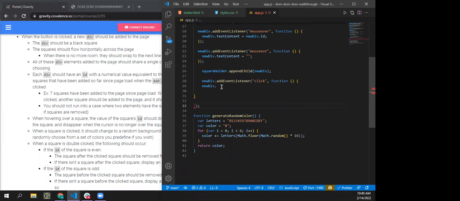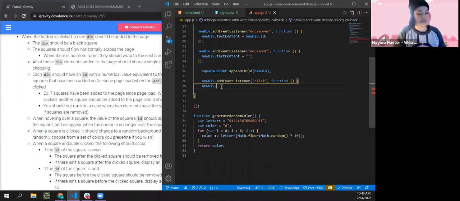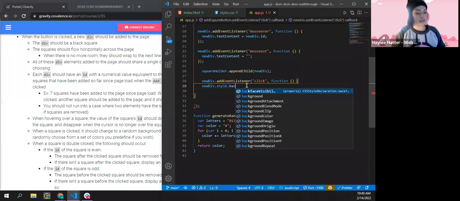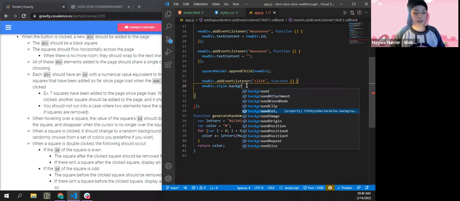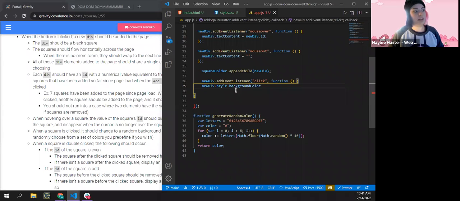I full screened my browser. Okay, so let's access the styling of the div straight through the DOM. So we'll just call style, and then we will target the background color of the div. When you do it through the DOM, you write it in camel case, so it's background capital color. And then let's let that equal,